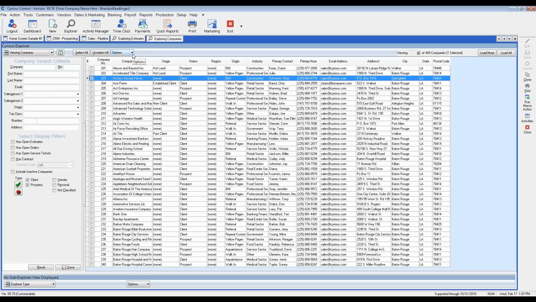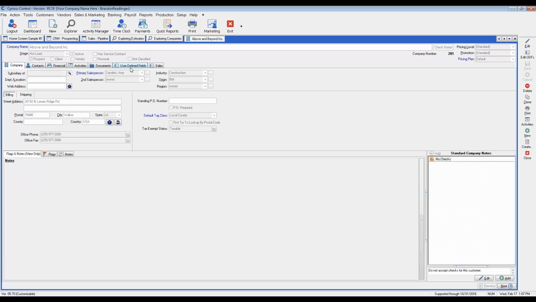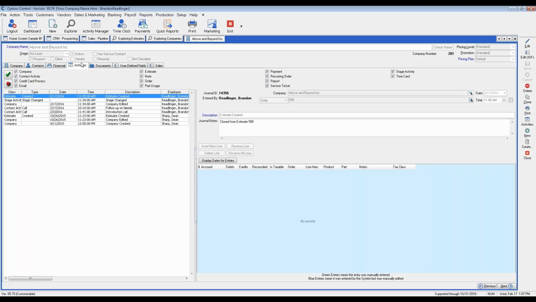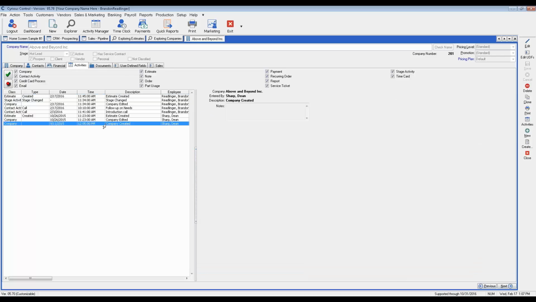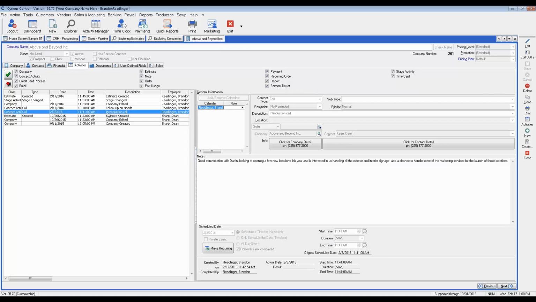Kind of the other things, and we're just going to go through a couple of these real quick. If I'm looking at a particular company and I want to see that whole activity history, you can always just go to the Activities tab, and you'll notice this Activities tab is in orders, estimates, service tickets, things along those lines on the company level. And I can see that audit trail, that whole history of my interactions with a client. So in this case, I'm seeing all kinds of different activities of when the company was actually created, if I ever edited that company, when estimates were done, when follow-up calls and what have you were actually created and logged